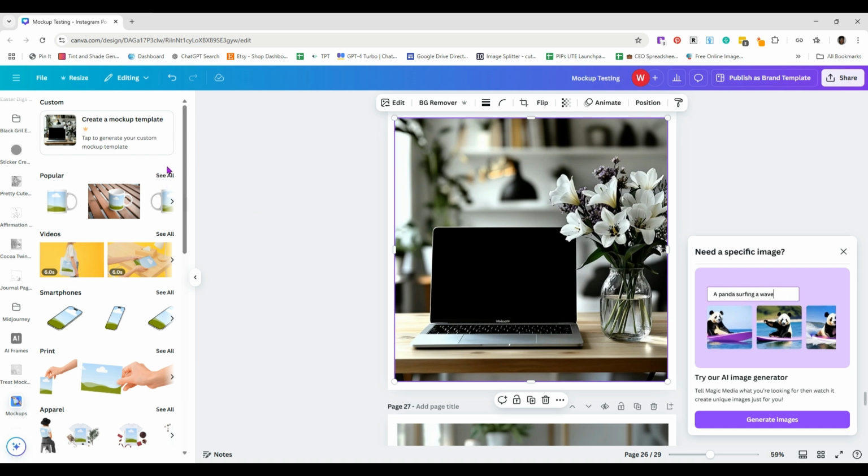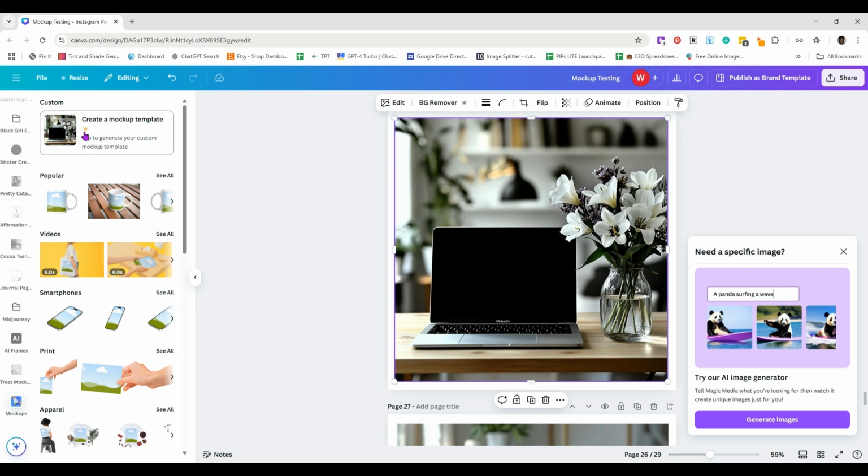And if you've used smart mockups in the past in Canva, you'll notice that they have all of these pre-done mockups for you. This new addition that they added allows you to create your own custom mockups without using these particular ones here. So what we want to do is go to here where it says create a mockup